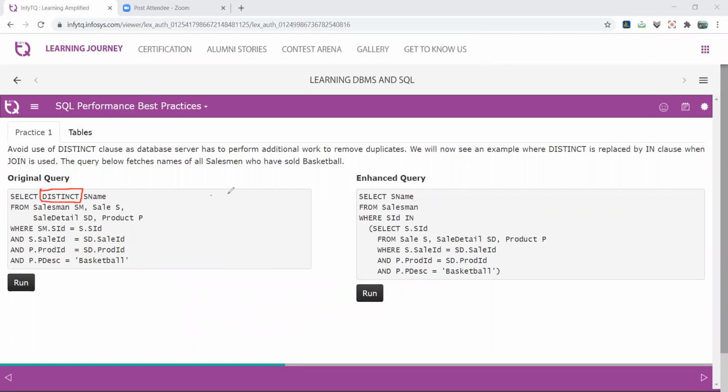In 7 records, in 7 names, suppose the names are A, B, and C, right? The records repeat: A, B, C, and A, right? A, B, C, and A. This is the final output without applying DISTINCT, right? So this is the part.